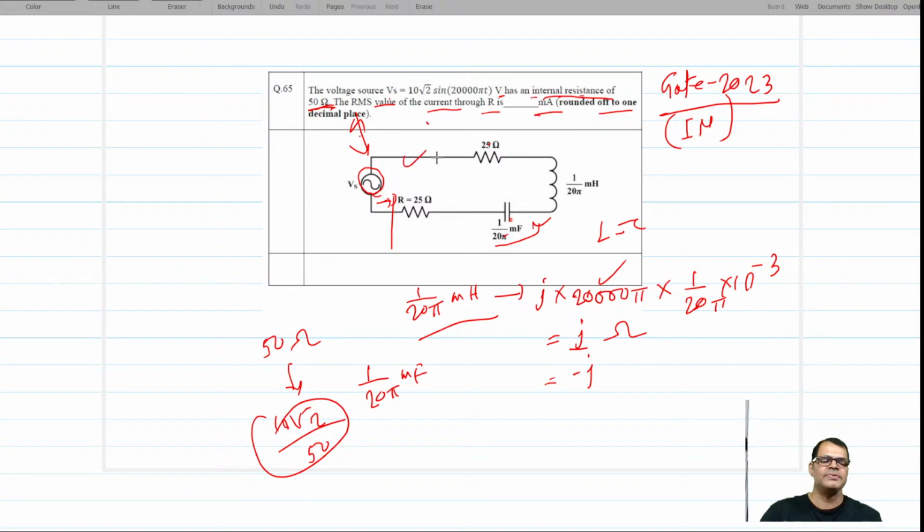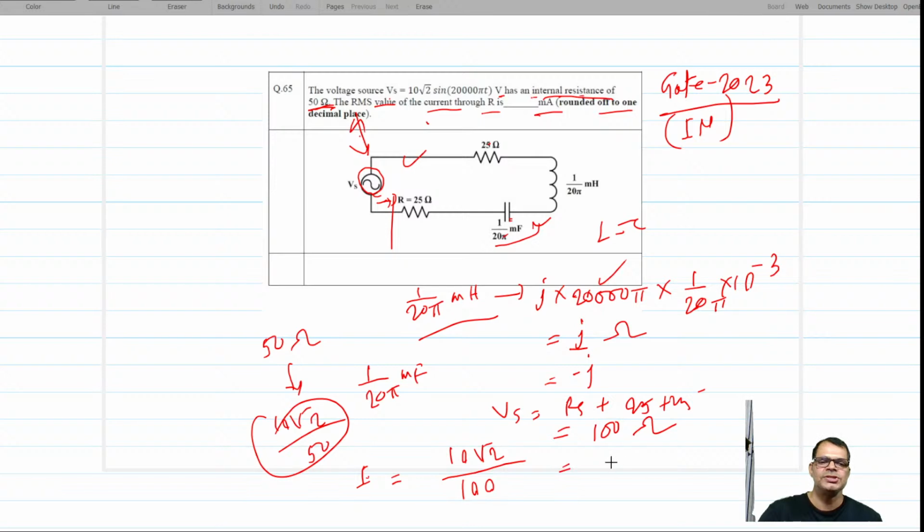See, they have been given a different figure without hiding. I mean to say, hiding the 50 ohm resistor. So the total impedance faced by the Vs is equal to Rs plus 25 plus 25. Rs is 50, so 50 plus 25 plus 25 is 100 ohm. And the current I will be 10 root 2 upon 100, which is